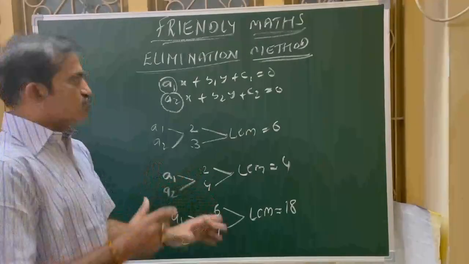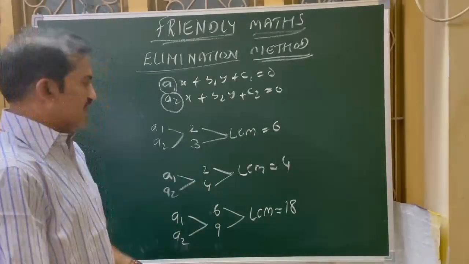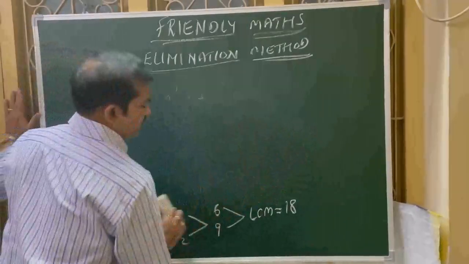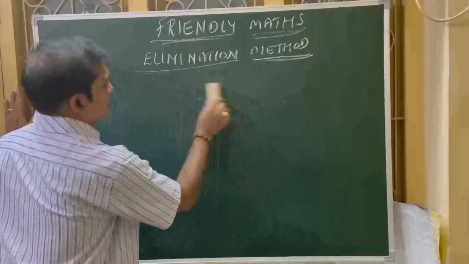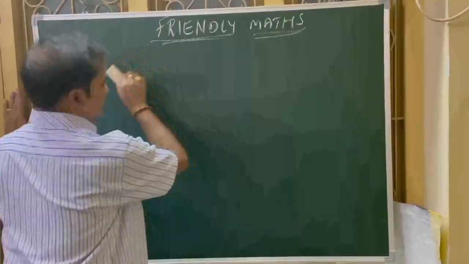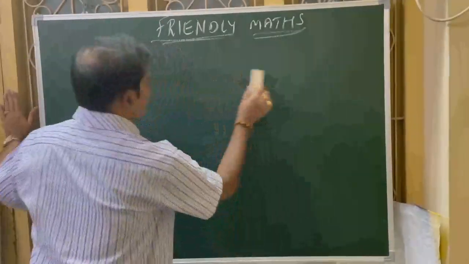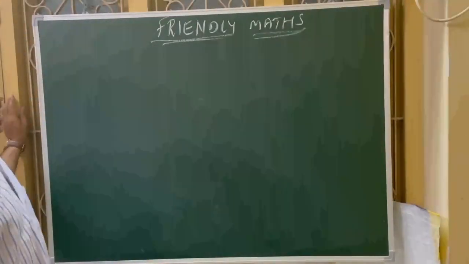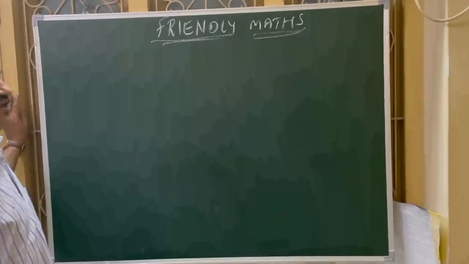Then this is going to be perfect by doing one example. I will solve one or two examples, then you people are going to be perfect with this elimination method. This elimination method is friendly, right? Very advisable. Then there is the substitution method, and in the next video we will go with the cross multiplication method.